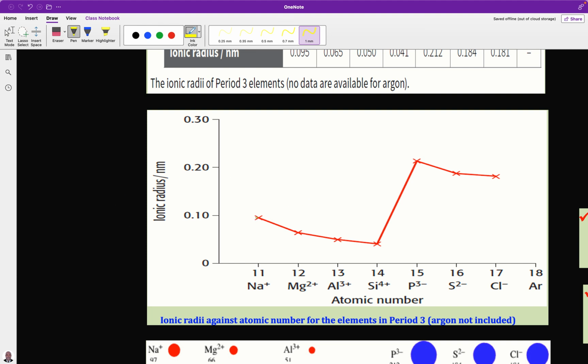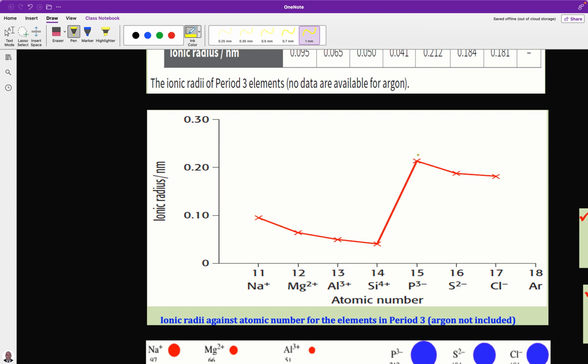If you look at the graph here very well, you will see that the ionic radius from metals goes right down. It is decreasing. There's a general decrease in the ionic radius of metals, right down to silicon. Of course, silicon is regarded as a metalloid, a semi-metal. So the ionic radius decreases right to silicon, then rises right up